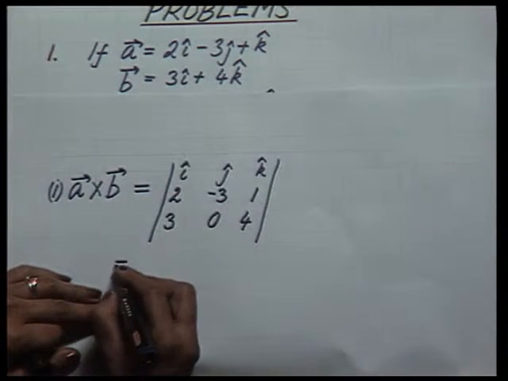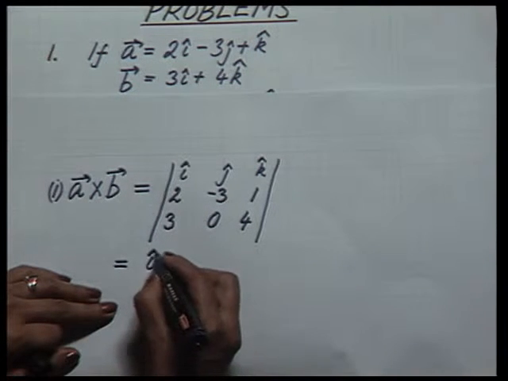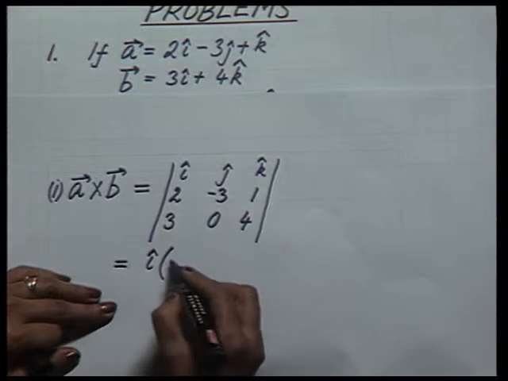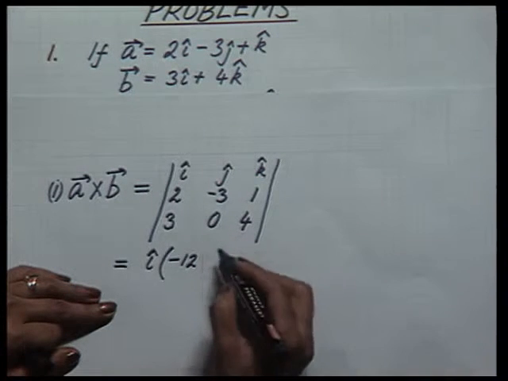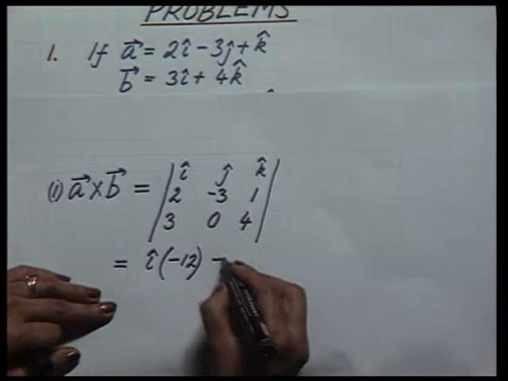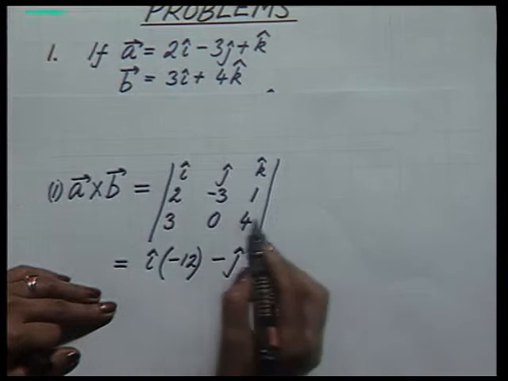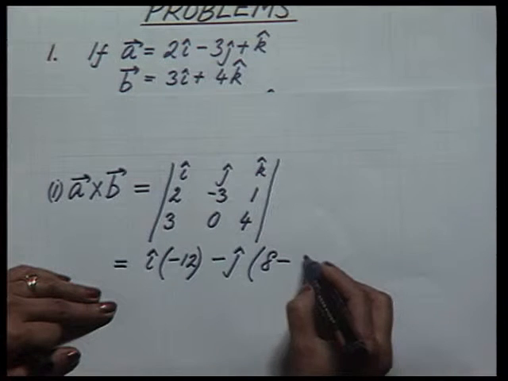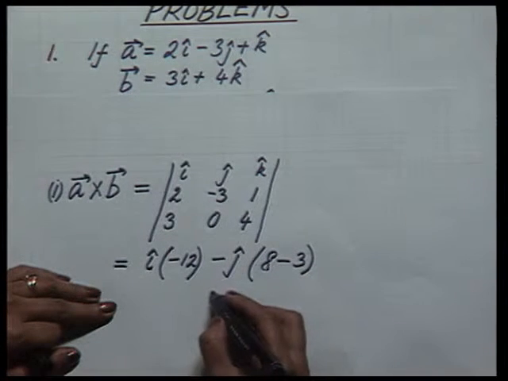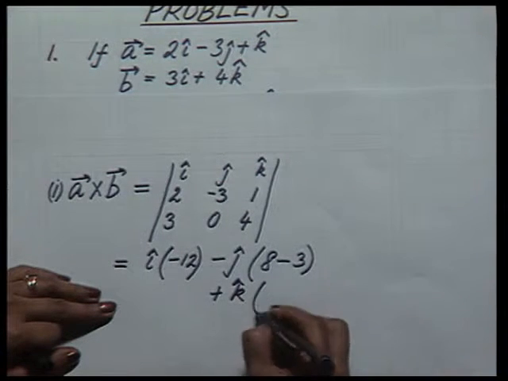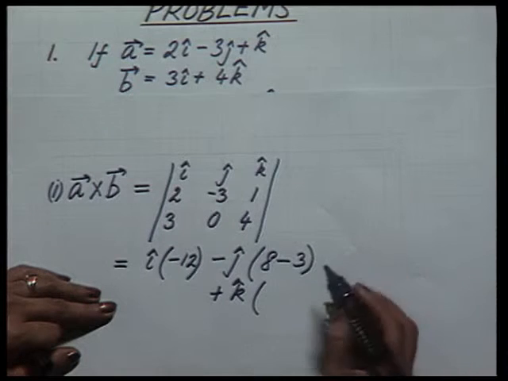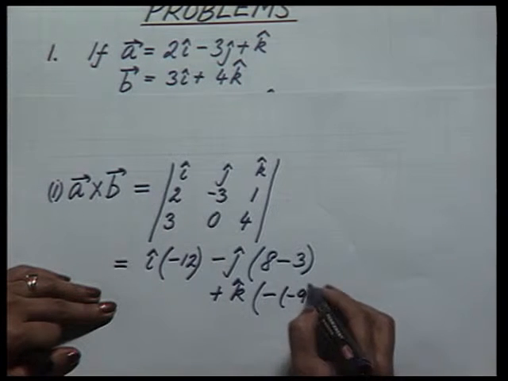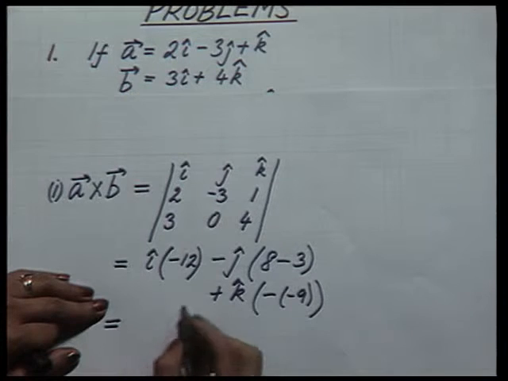Now, let us calculate this. The first will be i into minus 3 into 4 is minus 12, 1 into 0 is 0, then I have minus j into 2 into 4 is 8, minus 1 into 3 is 3, lastly plus k, 2 into 0 is 0, minus 3 into minus 3 is minus 9, and so we end up with minus